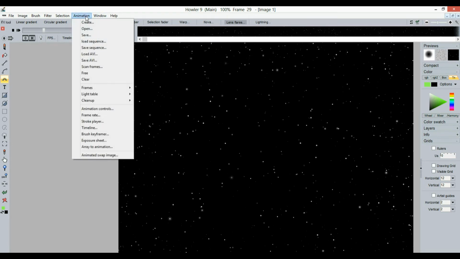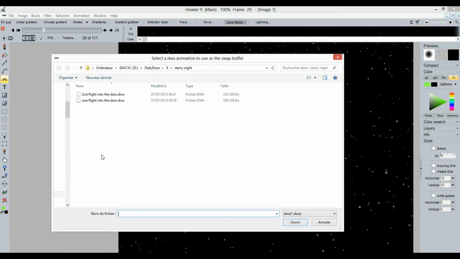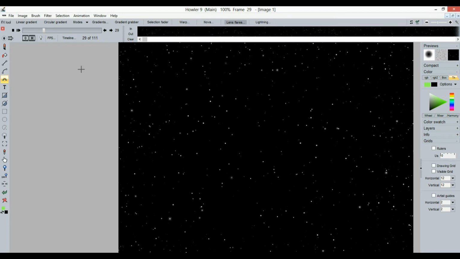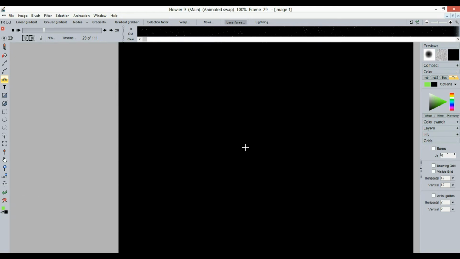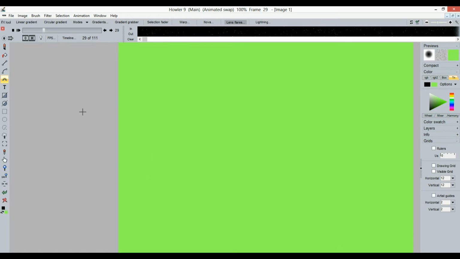This is done here perhaps under animation, and sure enough, animated swap image. Right? So right there we can go and select one of those DWA files. It's looking for DWA. I'm going to say, let's load the first one into that swap buffer. So we attach this one, the first one, to the swap buffer, which means if we, for instance, erase this one, right, it's black, or if we even erase it to a different color, like so,